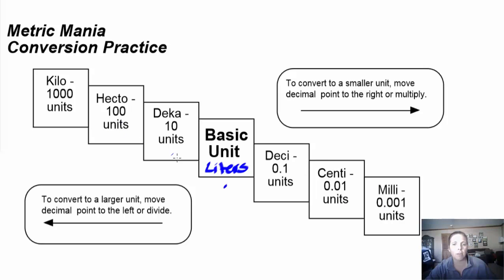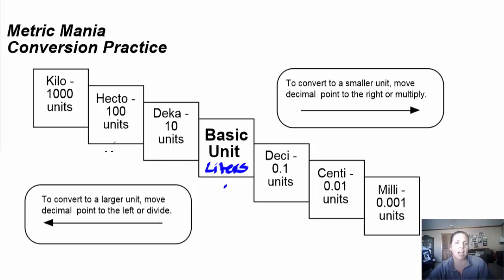Now, if you're going from liters to kiloliters, you would go up here. Again, these are just words we're not used to hearing. That's why it sounds so funny. Then we would divide by 10, 100, we would divide by 1,000. Or we're just going to move our decimal place 3 places to the left. We can even go from milliliters all the way to kiloliters. And we would just divide by 10, 100, 1,000,